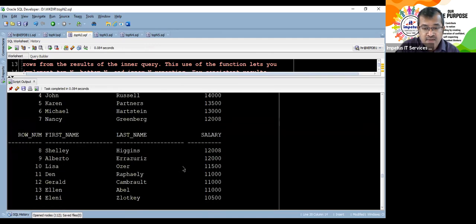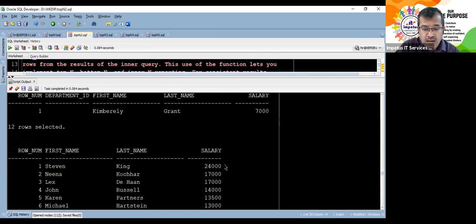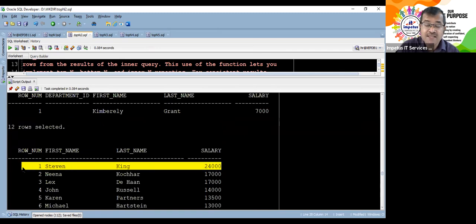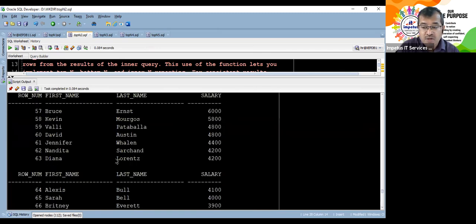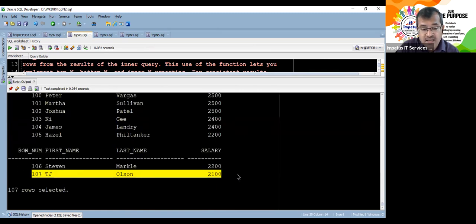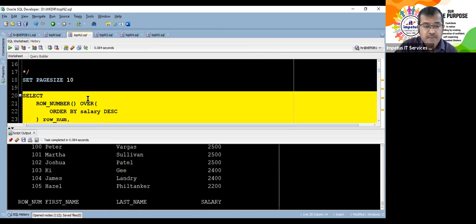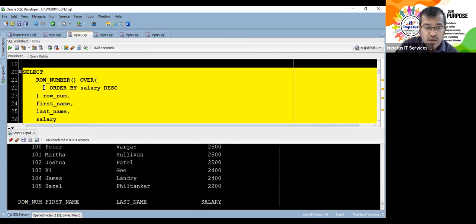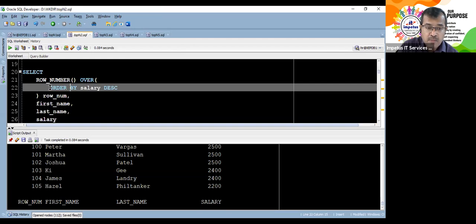If you look at the salary, the highest salary will have row number 1. Highest salary has row number 1. In the last case, luckily that was the one, but the lowest salary in our case had number 33. Now that's not the case. The lowest guy is having number 107. So what has happened now? We have ordered the result of this particular query based on the salary in descending order, and the numbers have been assigned starting with 1 based on whatever order you have given. So new row numbers have got created.